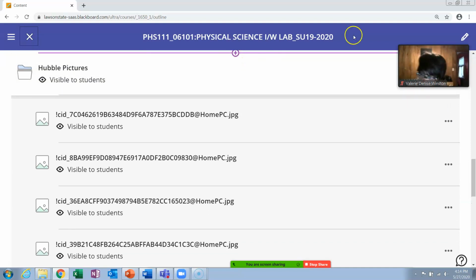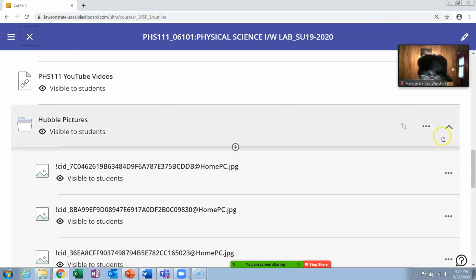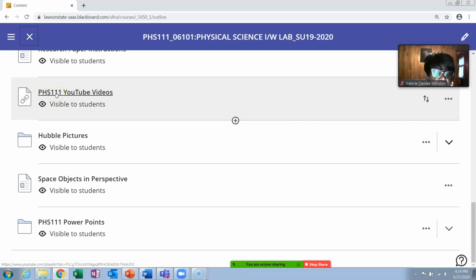They're sort of old. Let me, Valerie's in the way here. I've got to go. Okay, there she is. Okay. So I'll close that thing. So anything that has this symbol, that's a document that you'll have to upload and open. This is a folder. Hit the arrow over here and it opens up the folder. These are links. You just click on the link and you go to the link.